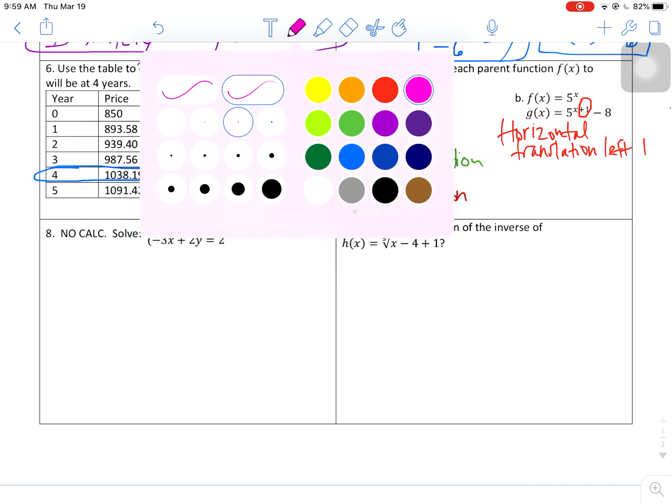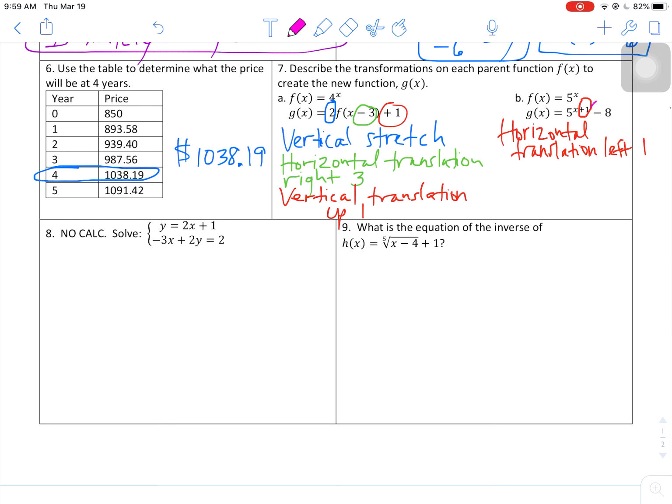The minus 8 in the back should be a vertical translation down 8 because it's not done directly to the x. It would be outside the parentheses if it was in that other notation. So vertical